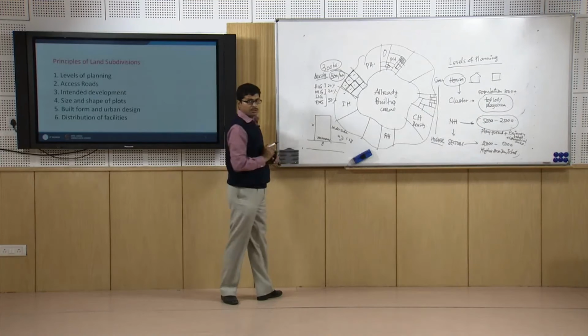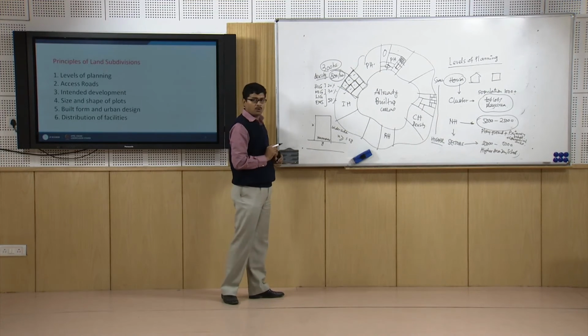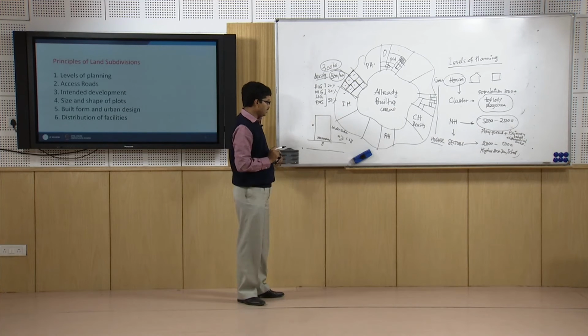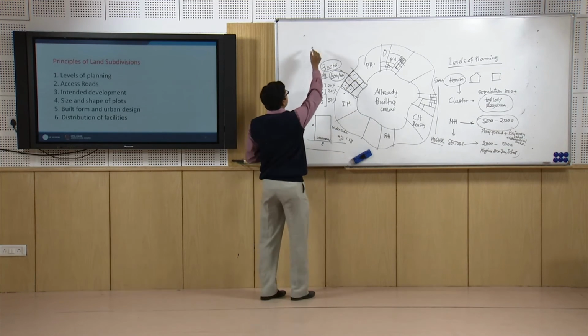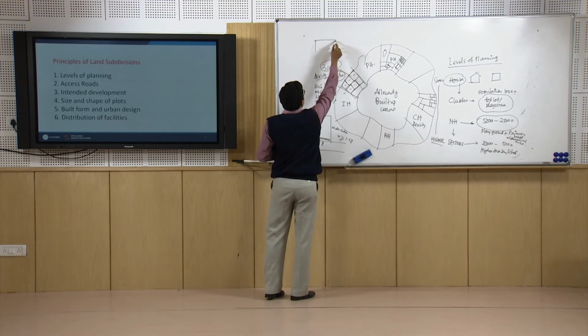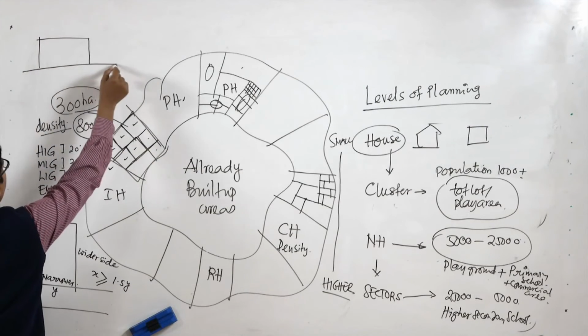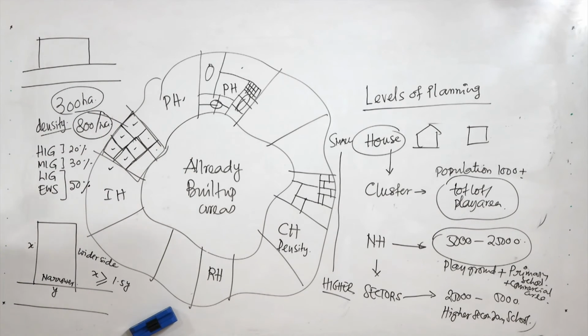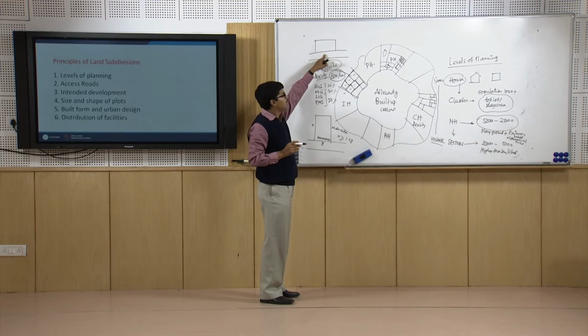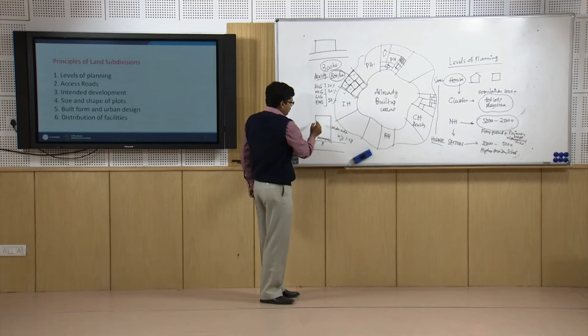So, why are we doing this? Because we are doing this to optimize the usage of the land. If we do the reverse, that means if we provide the plot like this, number one, we have to give the bigger frontage to the plot, more roads will be required, more road investment will be required, and secondly, when we make the building,